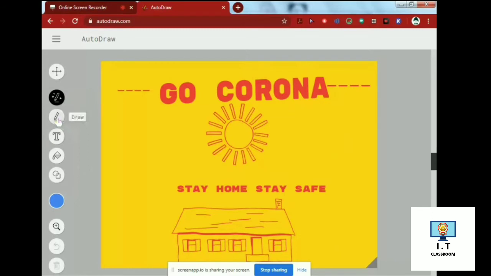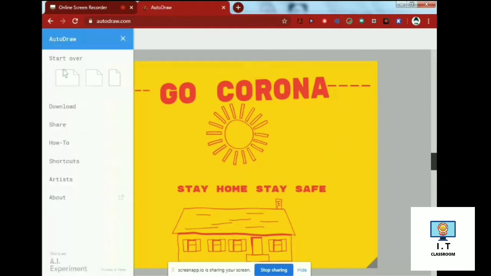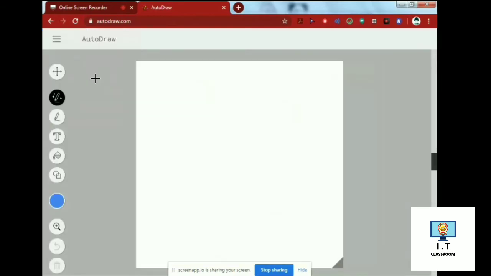Firstly, I am taking a page. For this, there are three sizes. Whichever size you want for your page, you select it like this as I have selected.